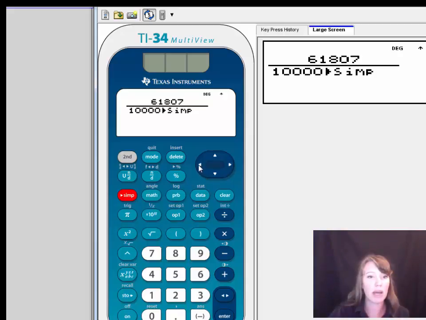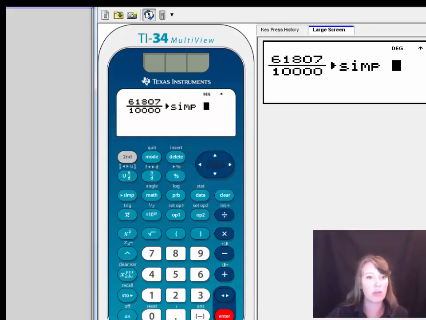Okay, use this little arrow. Whoops. Let me go back. It should be on the outside. I should have arrowed to the right here to get to the right of the decimal place. So I'm going to use this little key here. It says that you want to go ahead and try to simplify this fraction. And if you press enter here,